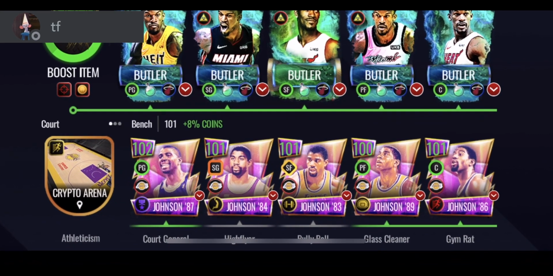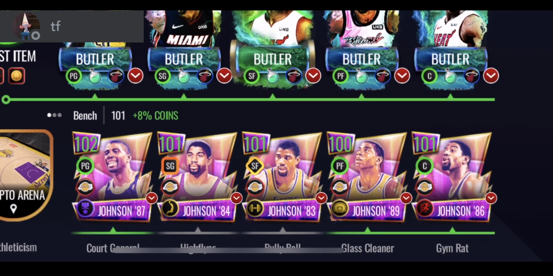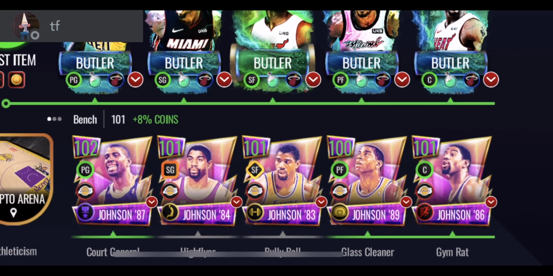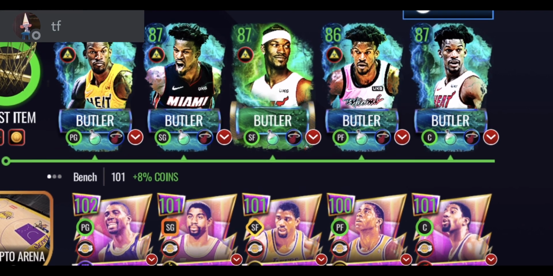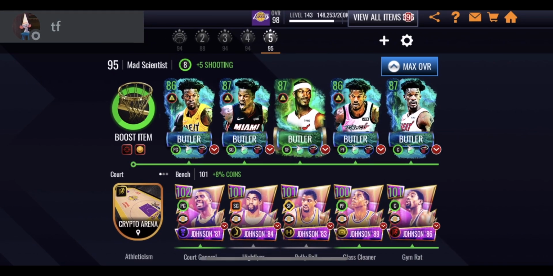The Manatee Madness promo was such a fun promo to go ahead and play through. It's the first time we had that format in the game, and it was just really fun to go ahead and get 5 Magic Johnsons. And then the Butler promo, I think, was exactly the same format as the Manatee Madness one. We had KD as the Grandmaster as something extra, but again, having all of these Jimmy Butlers at different positions